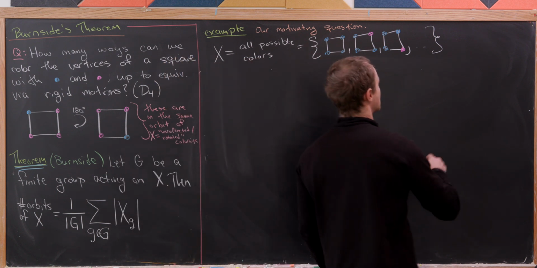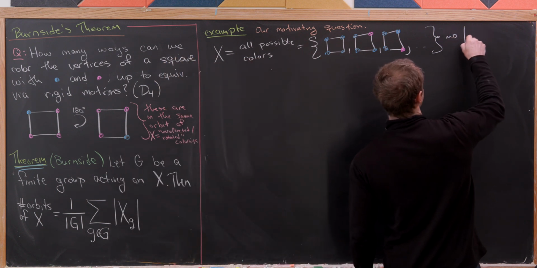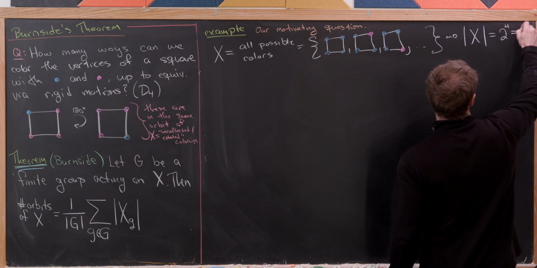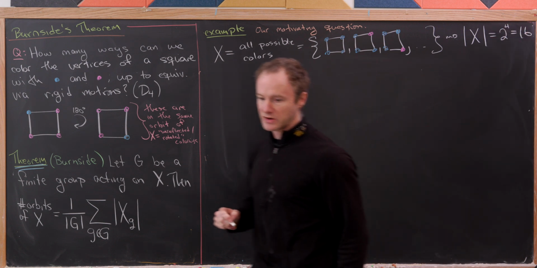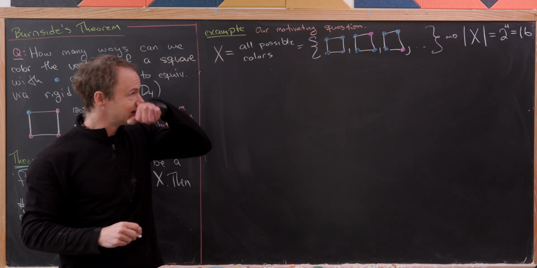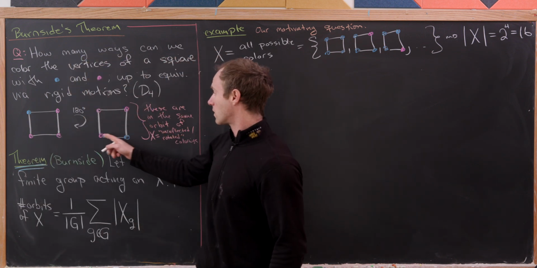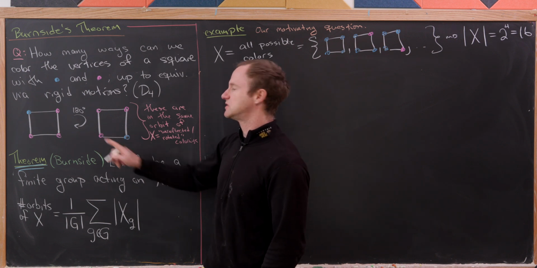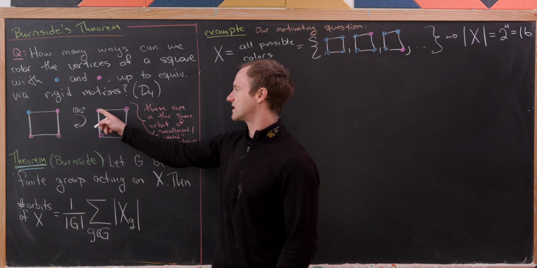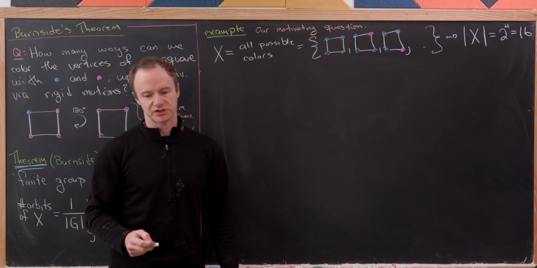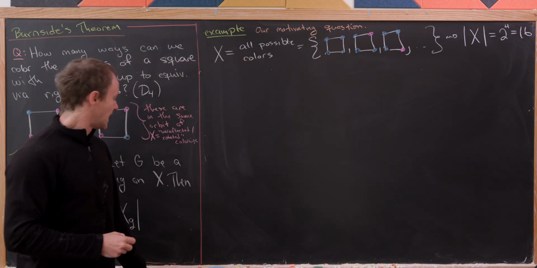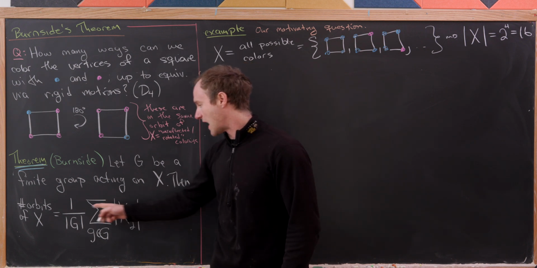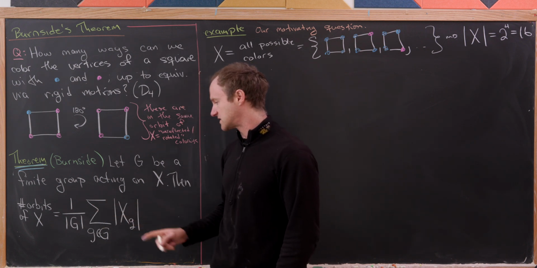And I'd like to observe that we know the size of X as well. The size of X here will be 2 to the 4 power, or 16. And we know it's 2 to the 4 power because notice that we've got 4 vertices to color, and we've got 2 choices. So 2 choices for this times 2 choices for this times 2 choices for this times 2 choices for this. That's obviously equal to 2 to the 4. And now, keeping this in mind over here, we need to think about what is fixed under each of